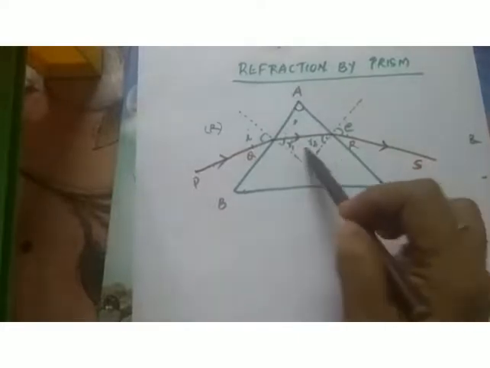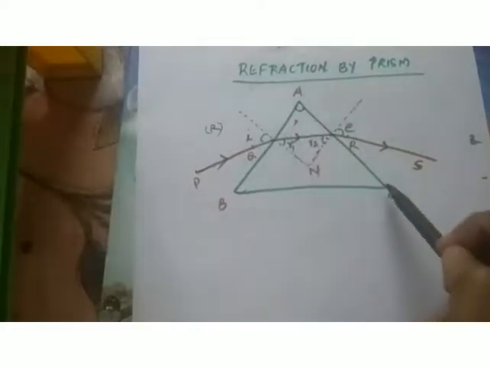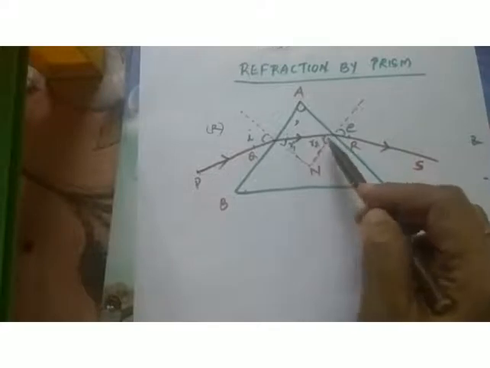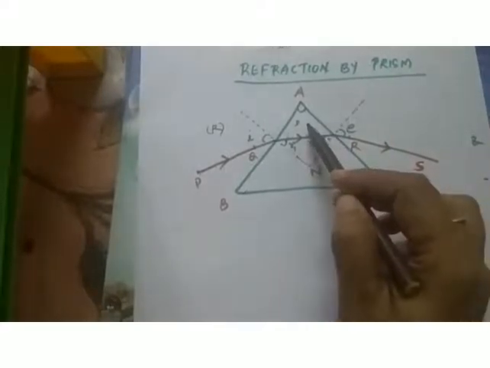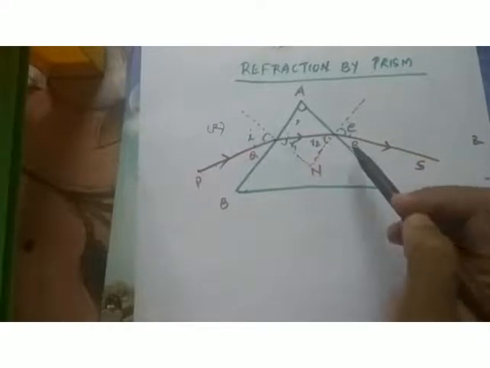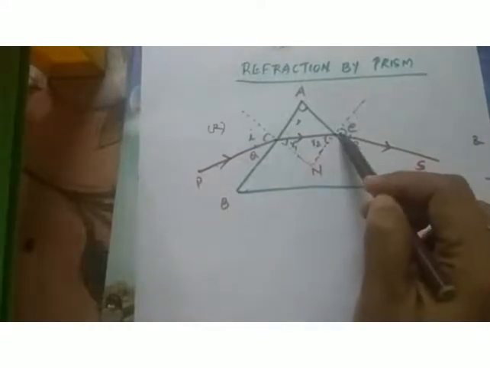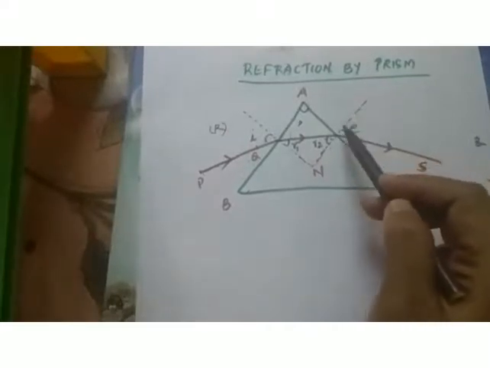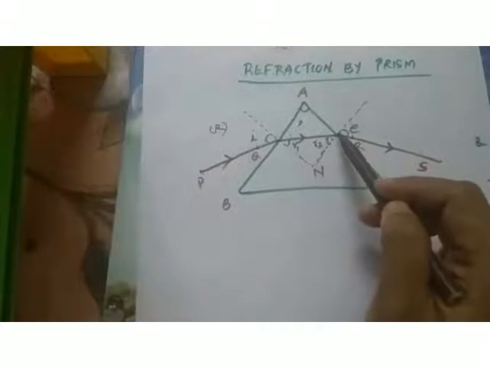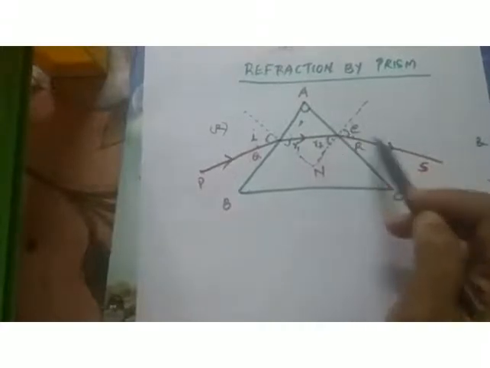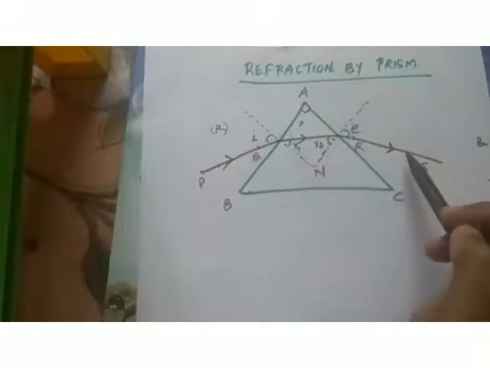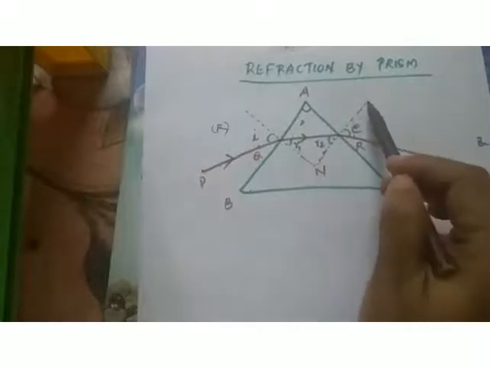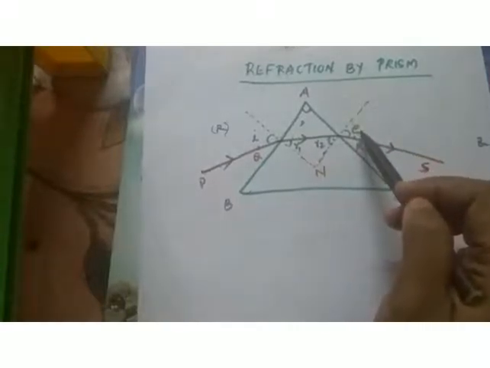And this is the next boundary or the next face where refraction occurs. This is AC, and this refracted ray is incident on the face AC, and here again it suffers refraction, because at this point the light ray enters from a denser medium to a rarer medium. So the refracted light bends away from the normal. Here at this face, this red dotted line represents the normal, and the refracted ray bends away from the normal. RS is the emergent ray, and this is the angle between the emergent ray and the normal. So this is the angle of emergence E.